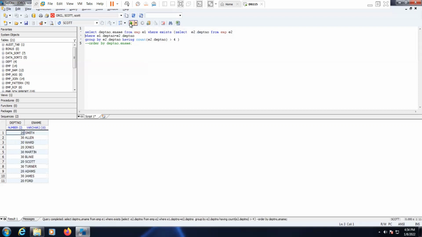So this is the way. Now we have corrected this equal and ORDER BY. If you give the relevant condition where you're comparing, now we are able to get all the employee details in a department having more than 4 employees.